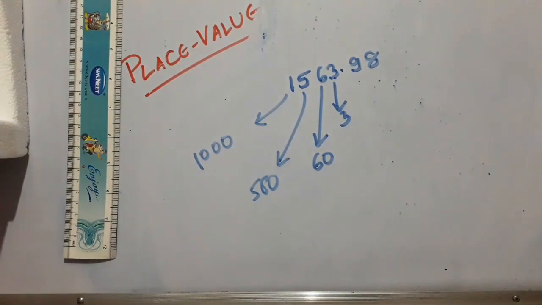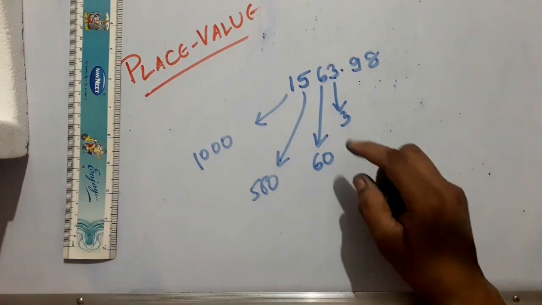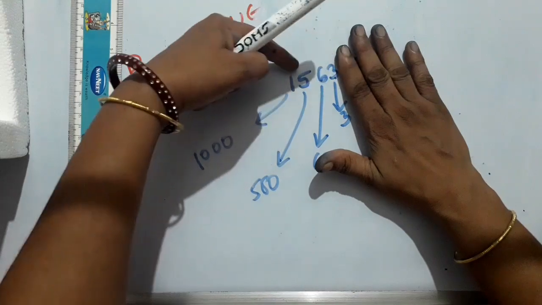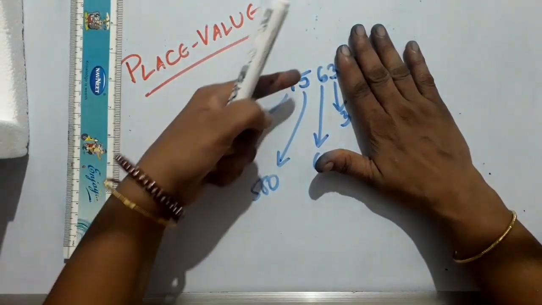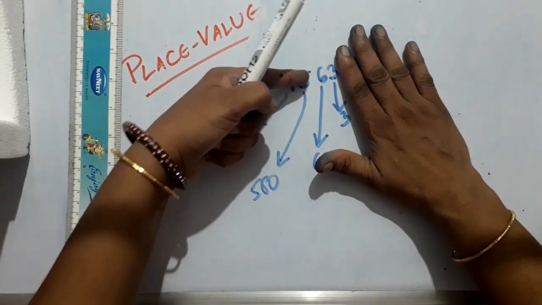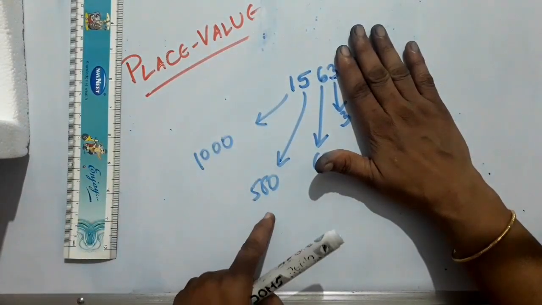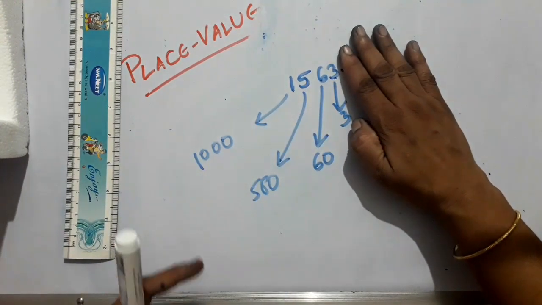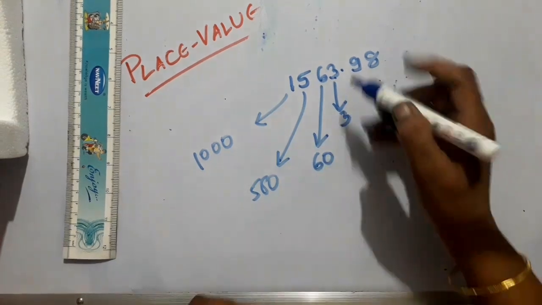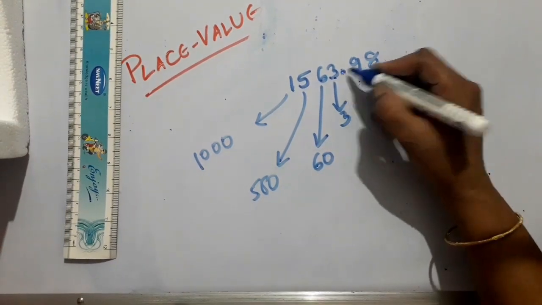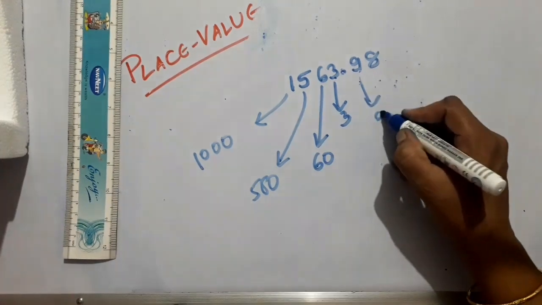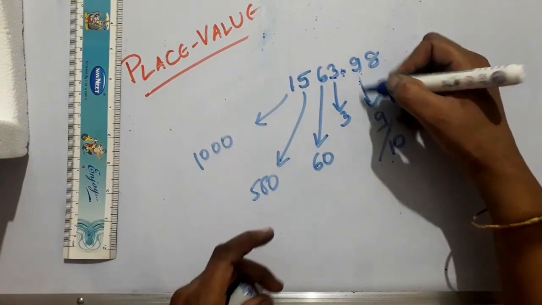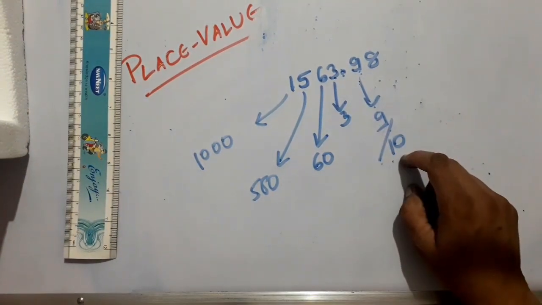Okay. The easiest way to remember is write 1, and after 1 how many digits follow. That is 3 digits follow, so 3 zeros. 5, and after 5 how many digits follow, that is 2 digits follow, so 2 zeros. That is, here we are talking about the number before the decimal point. Fine. Now the number after the decimal point. This is the first digit, so write 9 in the numerator and 10 in the denominator. After the decimal point, first digit, so the denominator should have 10.